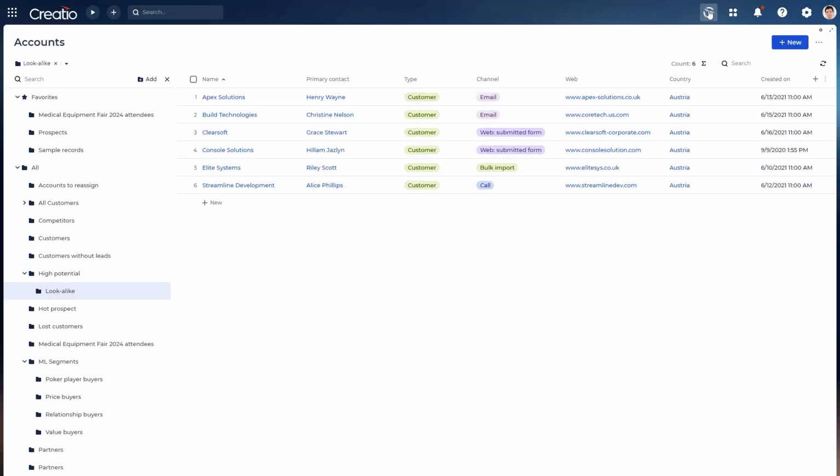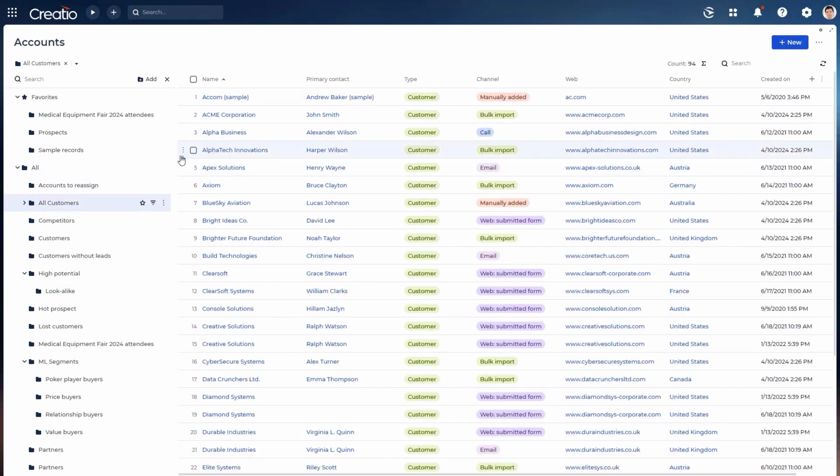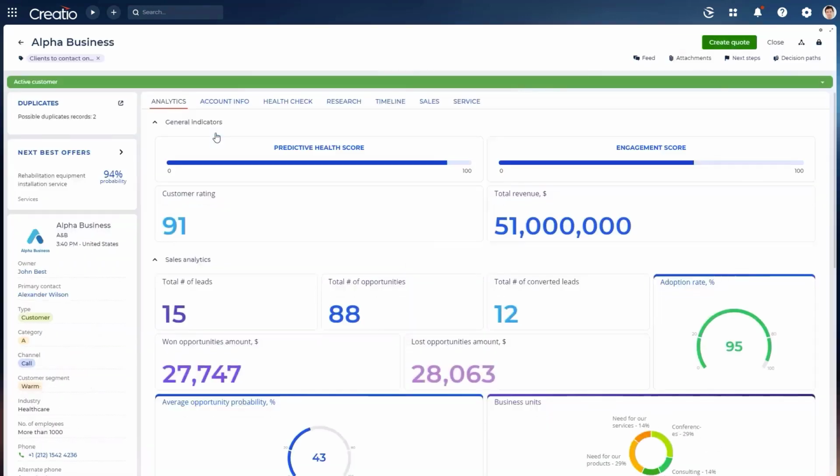In addition to AI-generated segments, users can manually create segment folders with no-code filters using any of the data related to the account or the contact. Segments can also drive personalized sales strategies through recommended next steps. For example, we can see that this account has been classified in the warm segment, which is using a rules-based